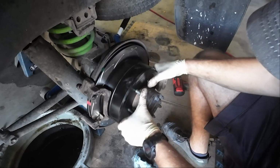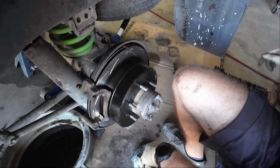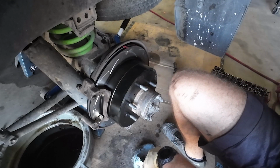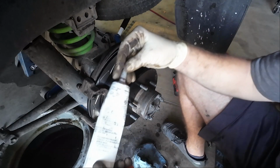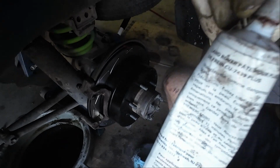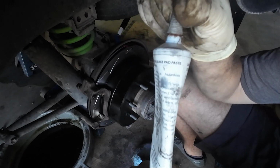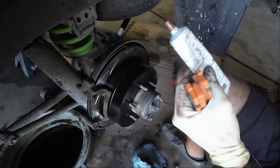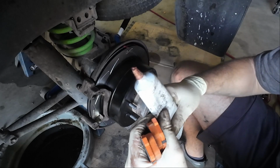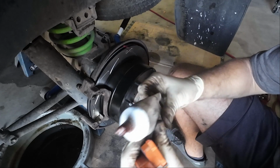And usually just give it a spin to make sure none of the hardware is destroying itself on the rotor. Actually, this right here is specific Land Rover brake pad paste that was part of the recall. Every time you did one of these brakes, it would give you a huge tube, so I had a bunch of these. And it's just like a copper,